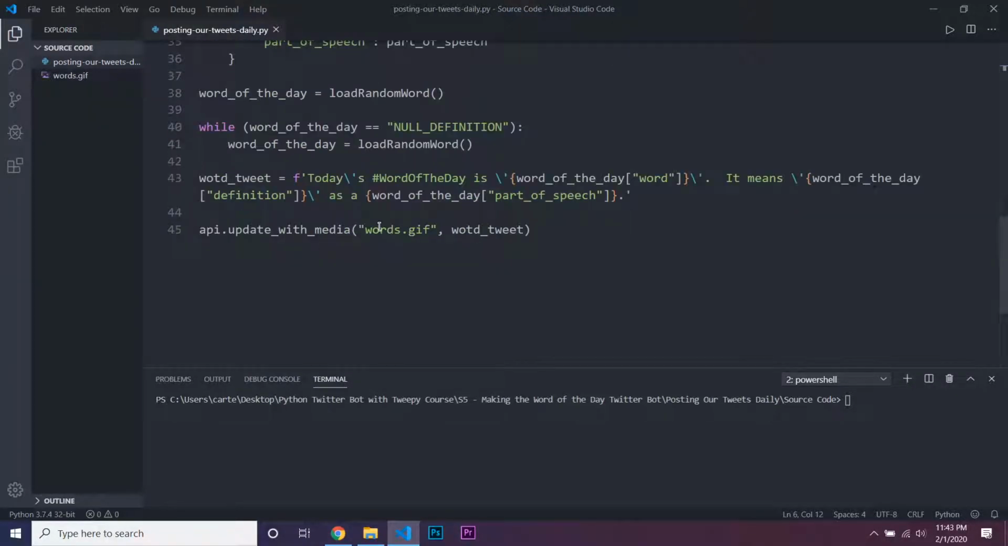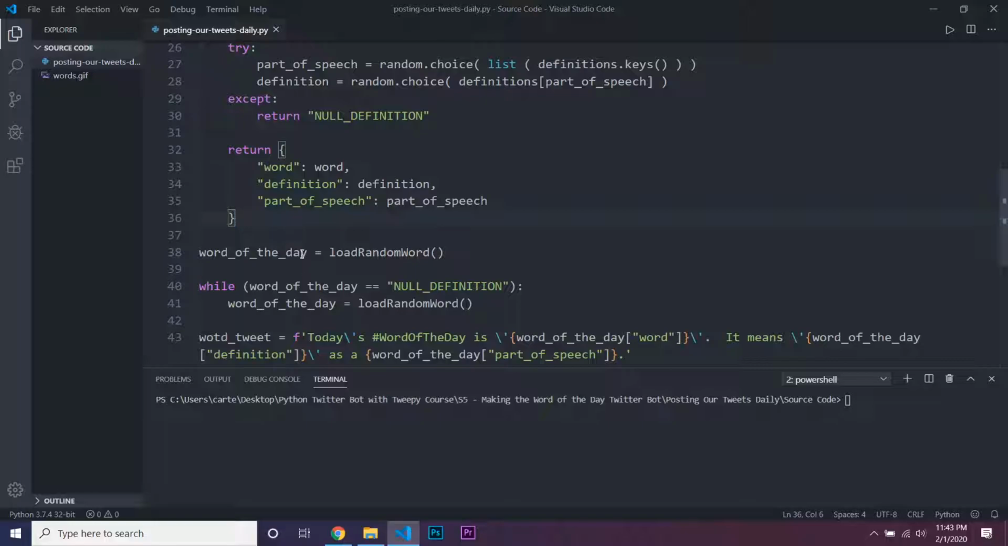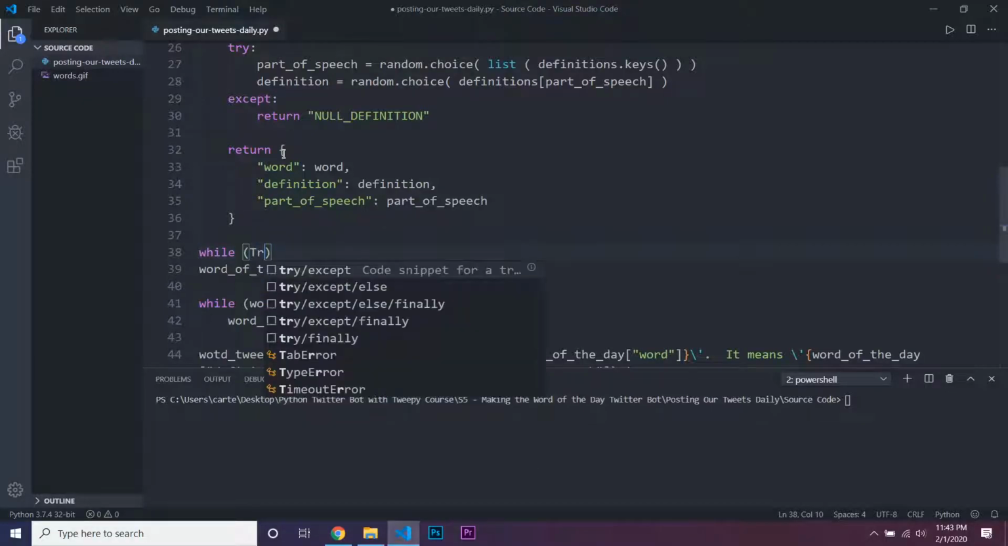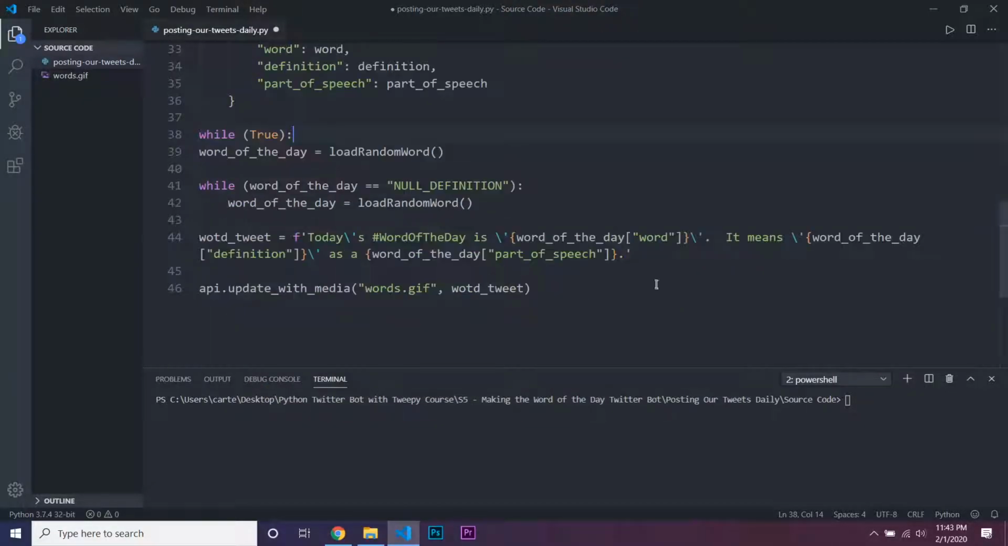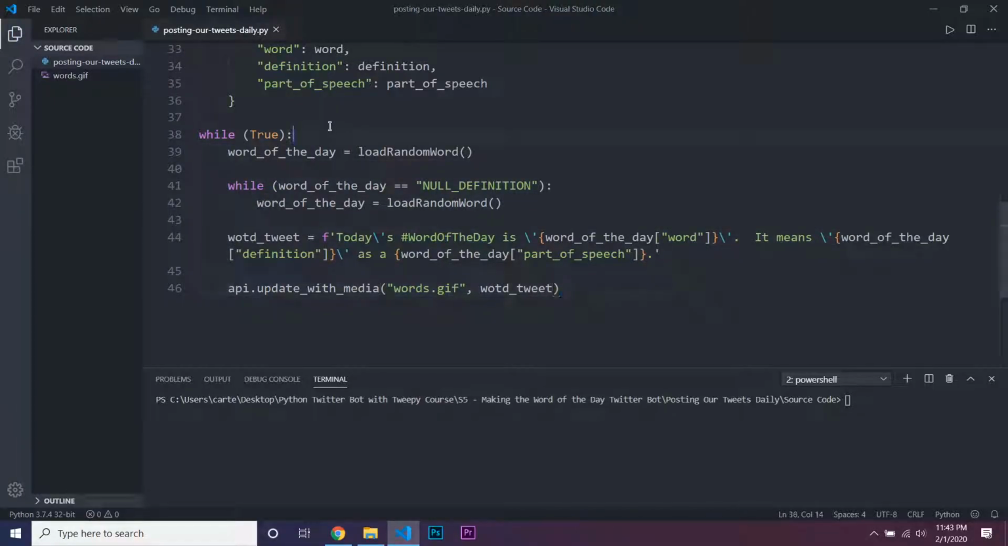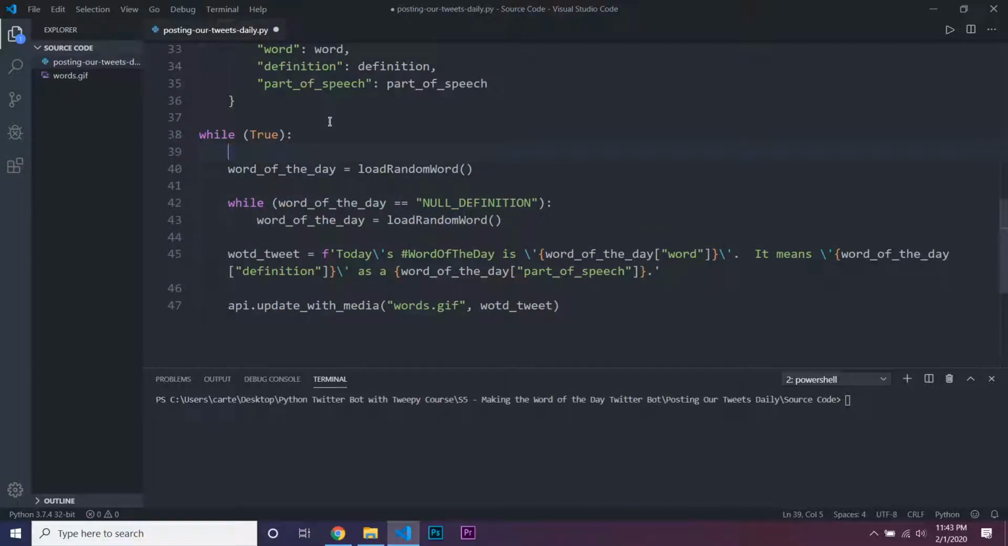Now we have to go down here under this return, and we're just going to create a while true loop. So we're going to do while and then true. So this will always be running. We're going to have a sleep command at the end of it, so then it's just going to stop. Then we're going to have an if statement, and then we're going to have